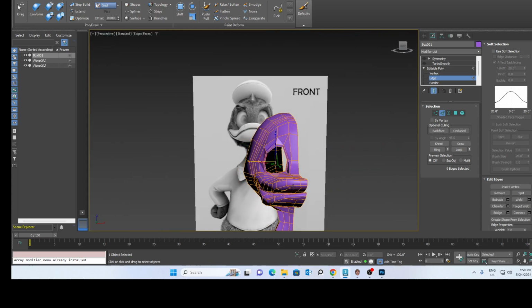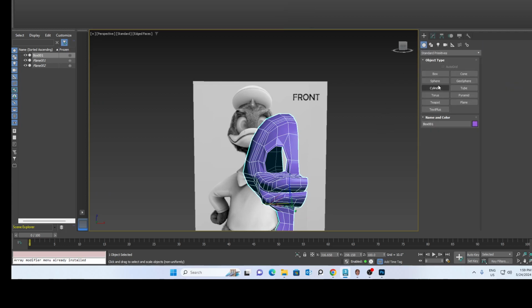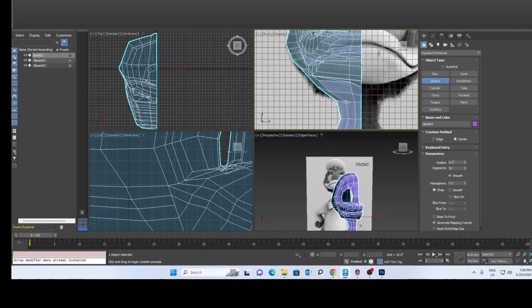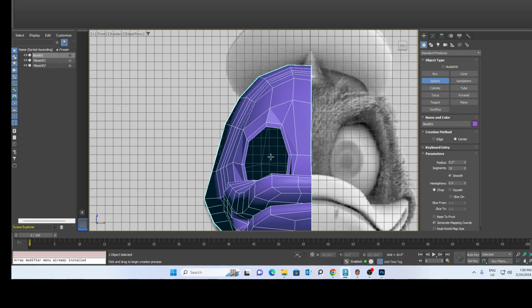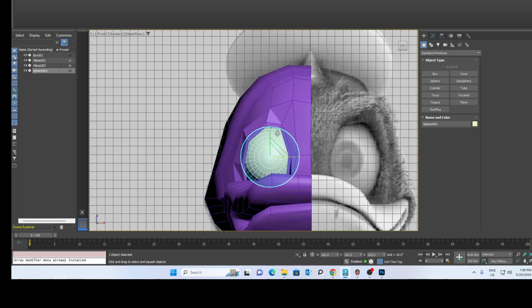Okay, so we got something, and you can put an eye. The eye is a little bit egg type, so I'll take a sphere and I'll make it egg type like this, scale it in this one direction like this. Okay,